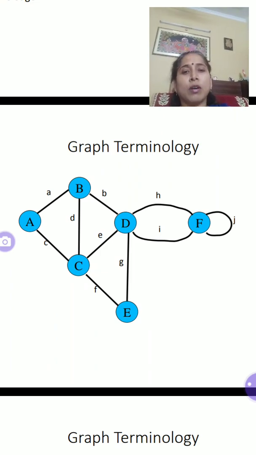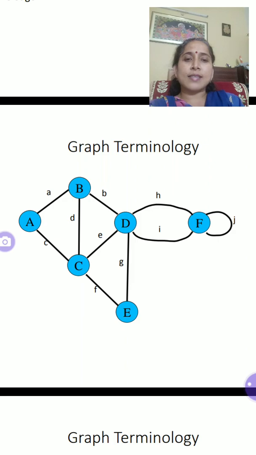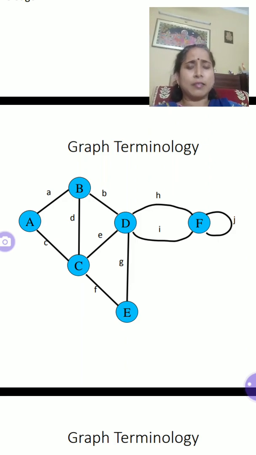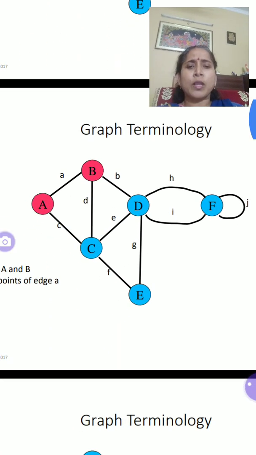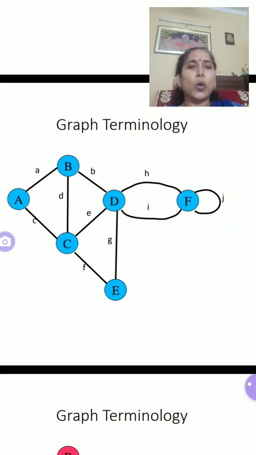The nodes or the vertices A and B are said to be adjacent because they are connected by an edge small a. Since this graph is not a directed graph, as you cannot see any arrow, they are simple lines joining the vertices. So this type of graph is known as an undirected graph. Okay, non-directed or undirected graph. And if I draw the arrow points, okay, that becomes the directed graph, which we'll look at in another example.